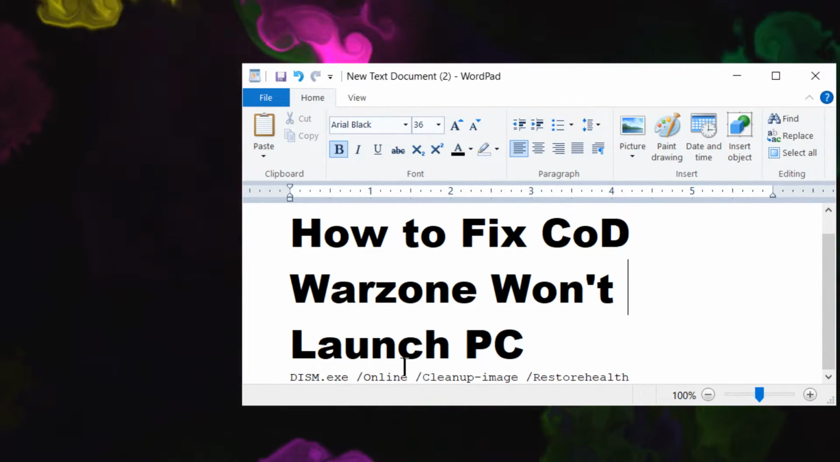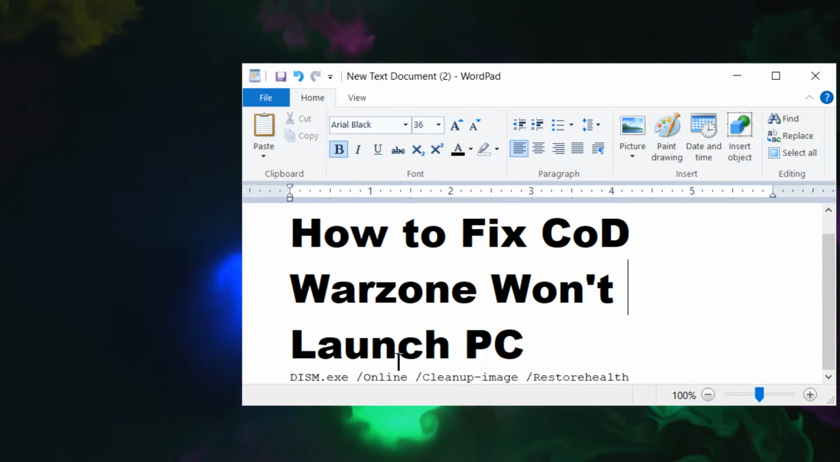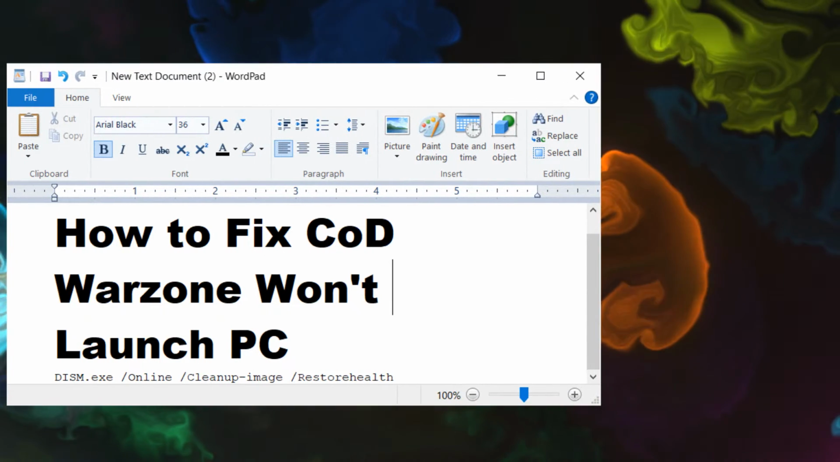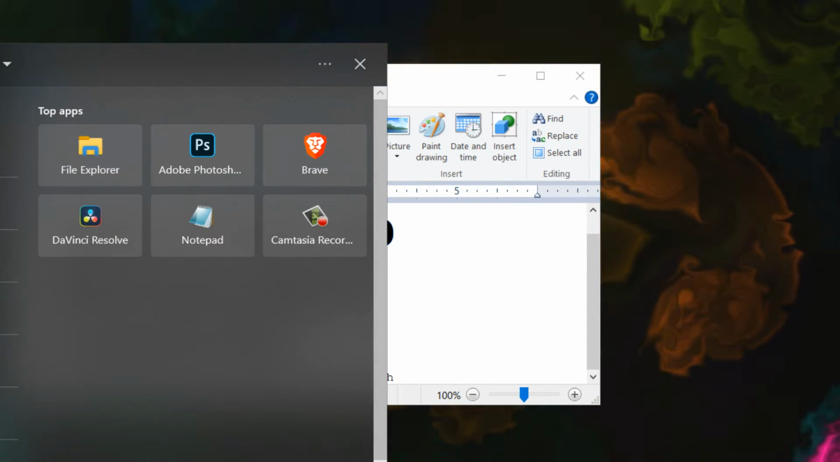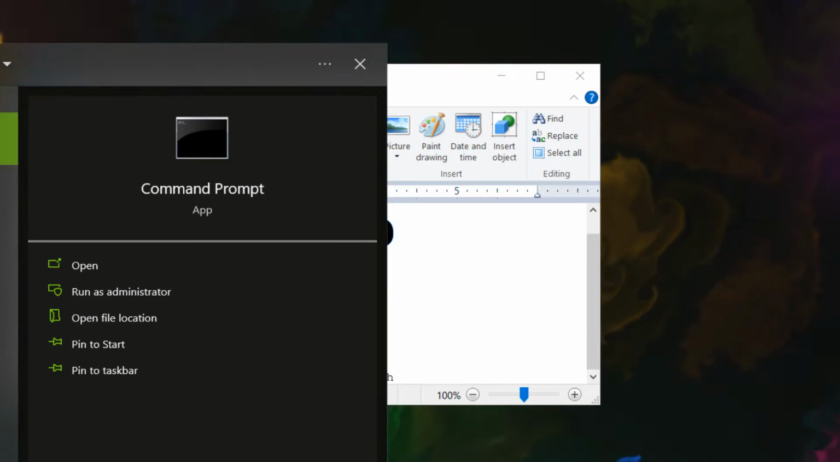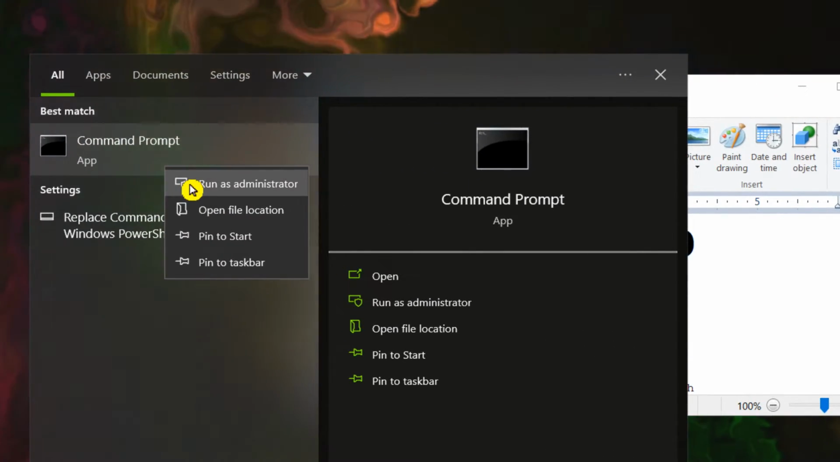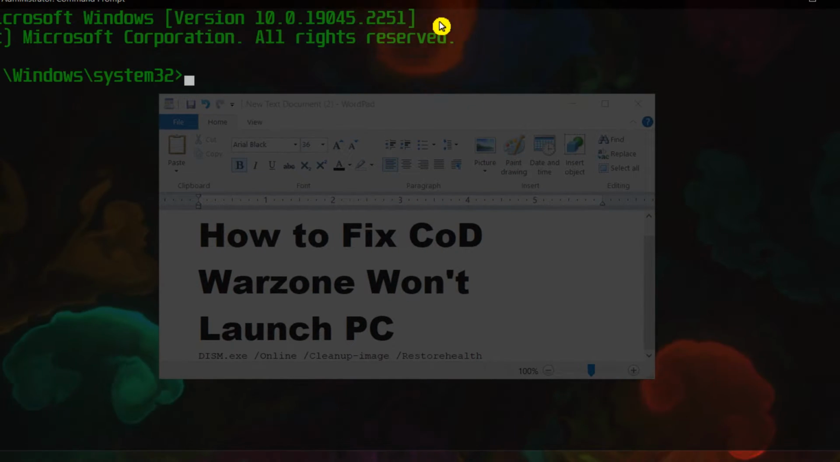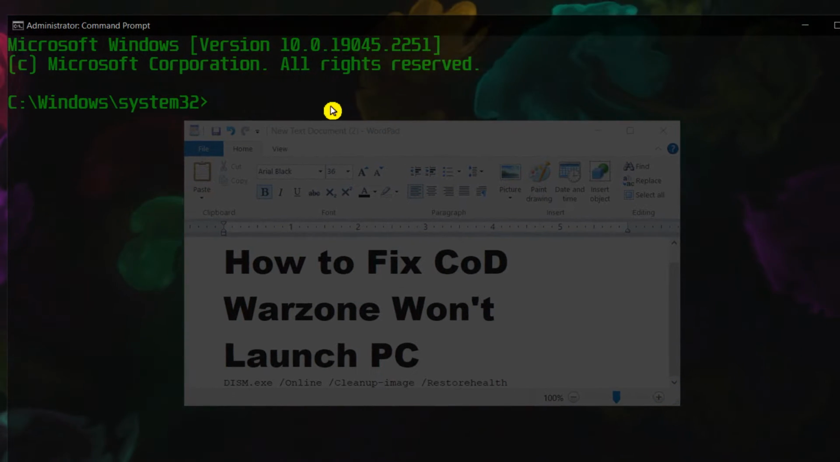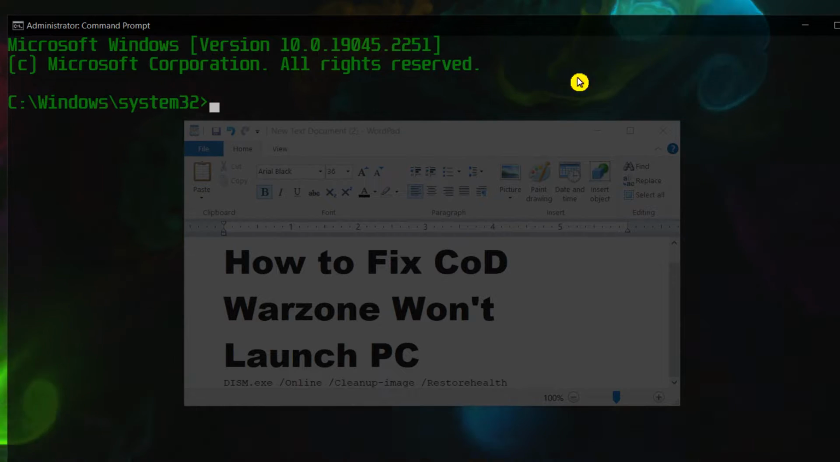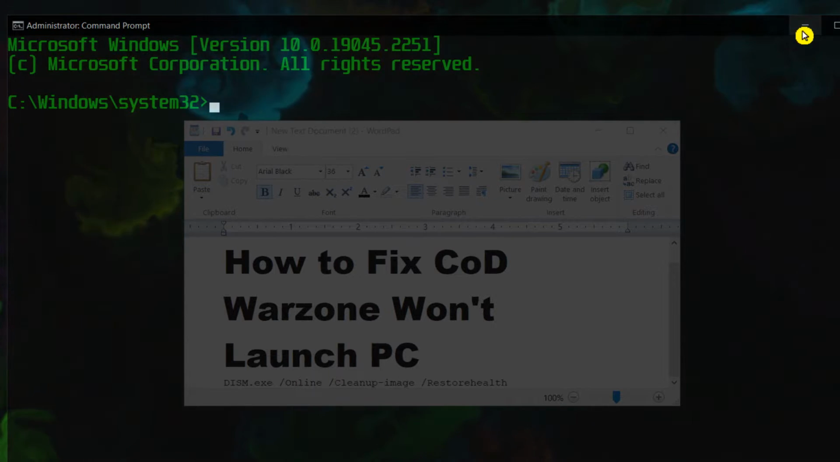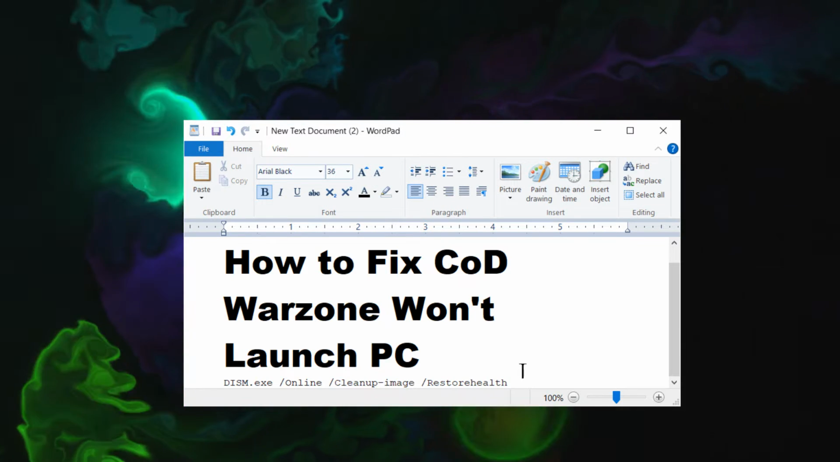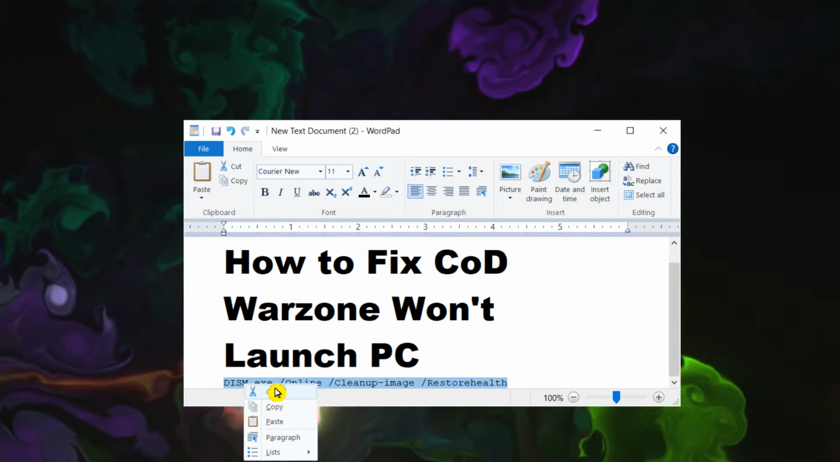So the first thing that you have to do is go to the search bar and write CMD, click on CMD and select run as administrator, yes. This command will fix any corrupted files that are on our system. So copy this command